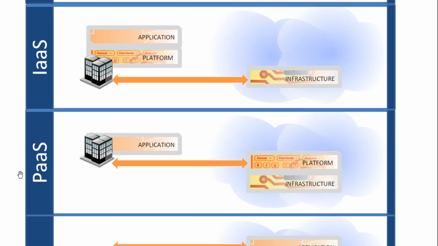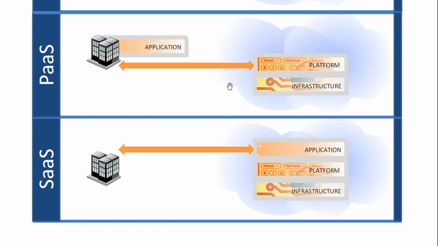Then comes the PaaS. In the PaaS, you buy the hosting of infrastructure and platform from somebody else, then you run your own applications on top of it. This is like the Dockers and Kubernetes and the containers. They are hosted by Google, AWS and Azure, and then you just run your applications on top of it. Then comes the SaaS, where all these three things are outsourced to somebody else.